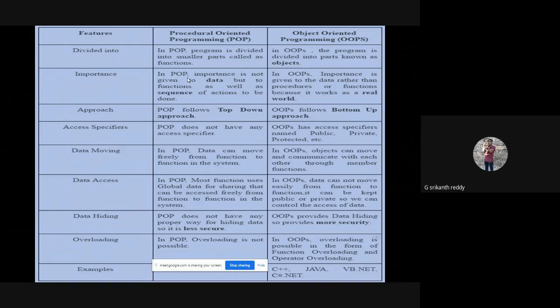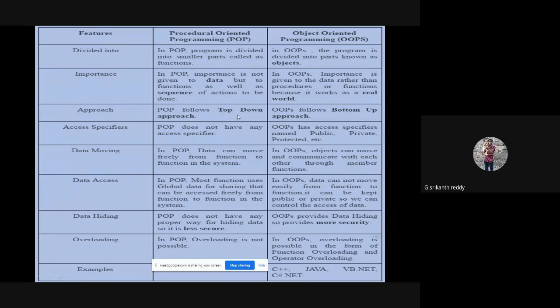So in this, your focus is on functions, what to implement, what to do, what algorithm to implement. But whereas in OOP, importance is given to the data rather than procedure, because it works as a real world. So in this semester, our programs reflect the real world, whereas in the last semester, C programming is somewhat different from real world approach.